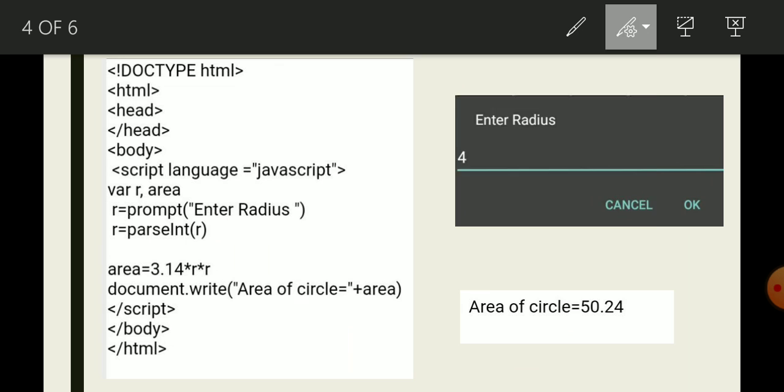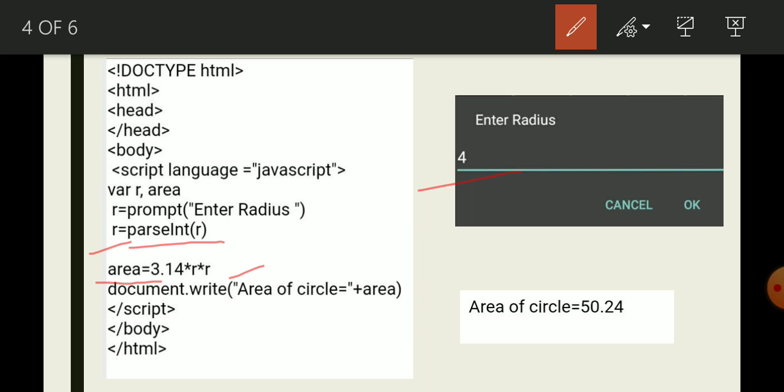In this example, 4 is the radius entered by the user using prompt. Then this value is converted into an integer and stored inside the same variable r. Then write the formula 3.14 into r, and the result is stored inside the variable area.